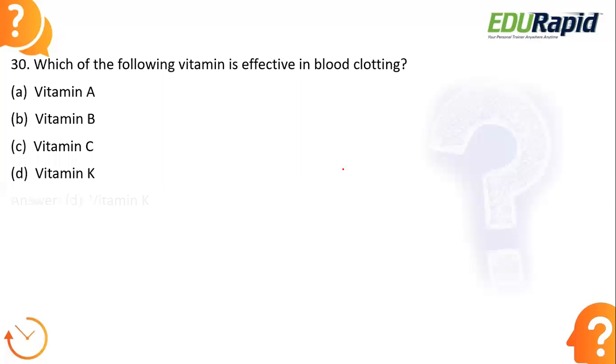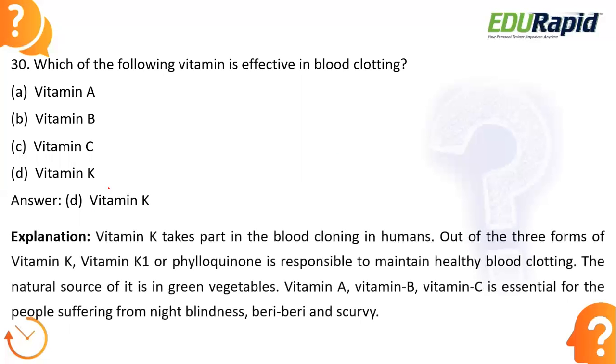Okay, here the right answer is option D, vitamin K. Basically, this vitamin K has a major role in blood clotting in human beings. If there is any accidental cut, usually the blood will start flowing out. Definitely our body has to start clotting at the specific site.